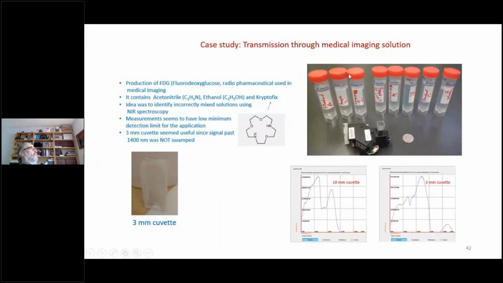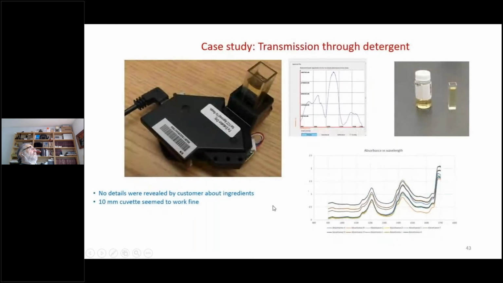And we found out that these samples have too much water. So if you use a 1 millimeter thick cuvette, you won't get a signal past 1400. But if you make the cuvette thinner, made it 3 millimeter cuvette, we saw some signals appearing past 1400. However, another customer sent us some detergent samples, and these detergent samples worked very well with the 1 centimeter cuvette, basically 1 centimeter thick cuvette. We didn't need to make a thin cuvette or buy a thin cuvette, and you could see all the spectra